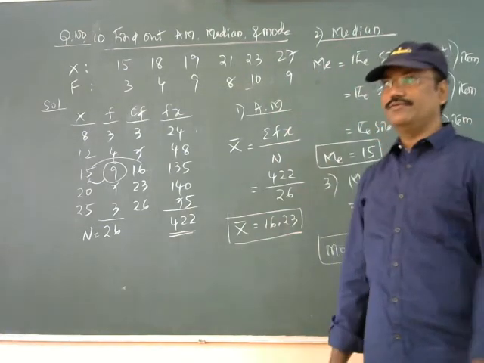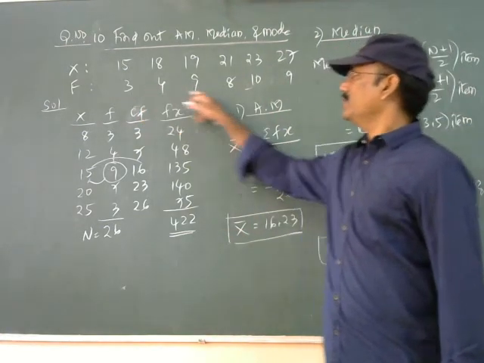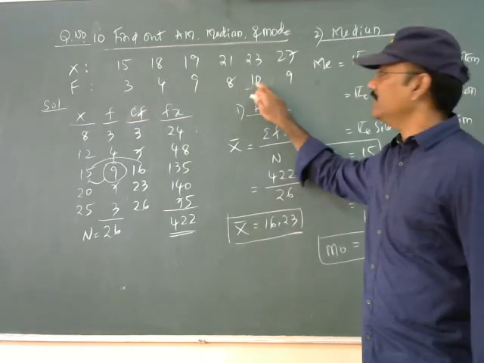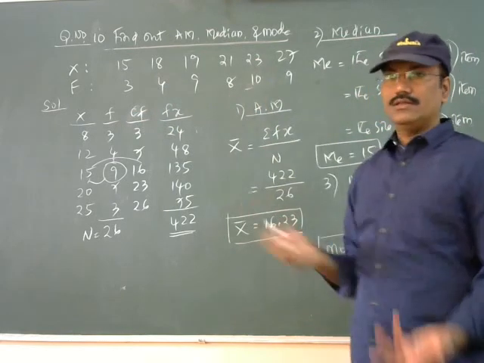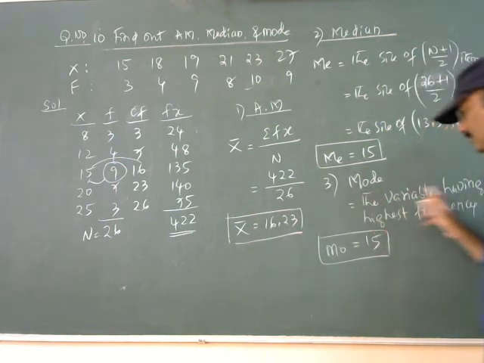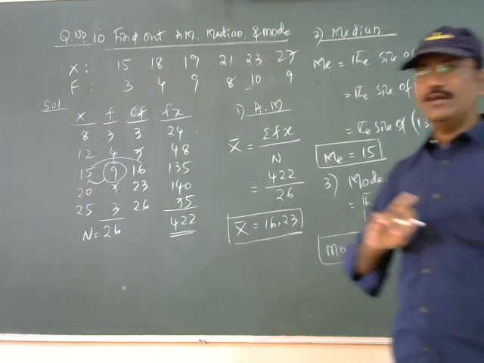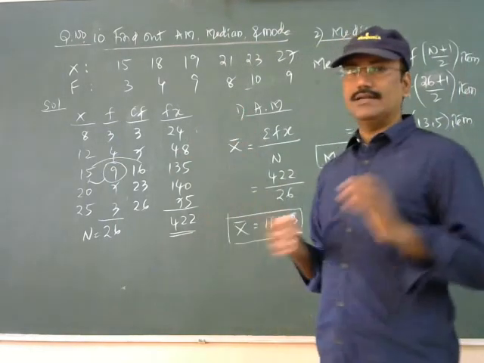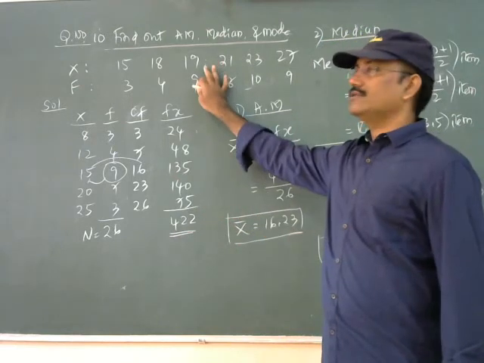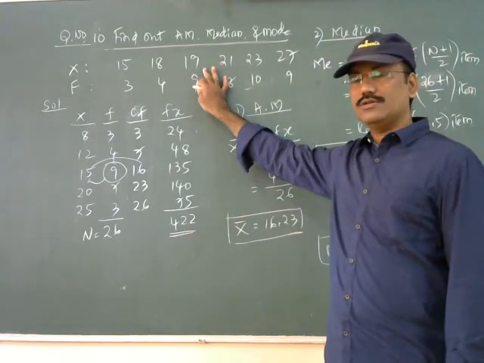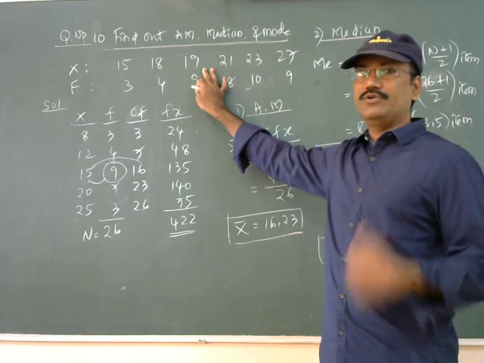Now in this question, you see the highest frequency is 10, only one time, and its variable is 23. That is your mode. So again you have to use this formula. No need to use the 3 median minus 2 mean formula. I hope that it is clear to each one of you. This was the question for you to solve, and send the scan copy to me.